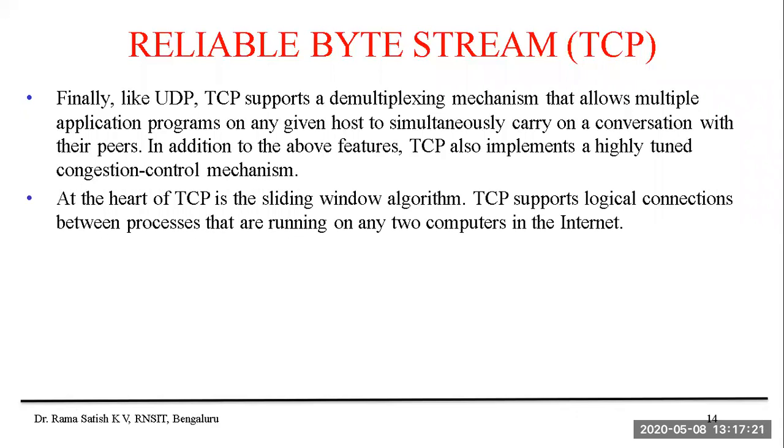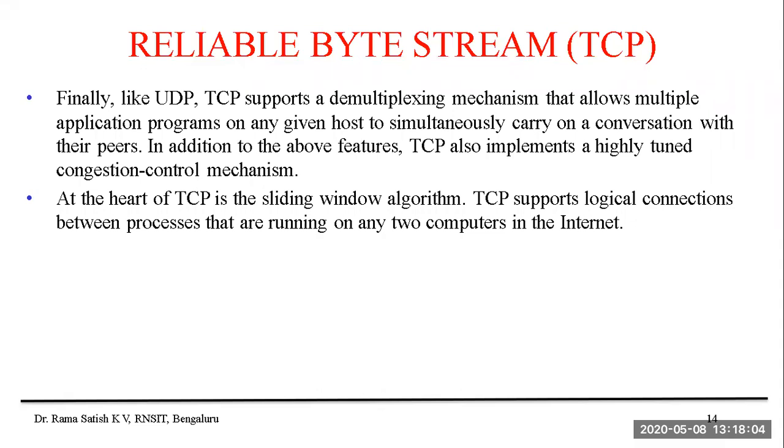And remember, TCP is connection-oriented and reliable. UDP is multiplexed, and it is unreliable. Unreliable means that there is no need for acknowledgement at all. At the heart of TCP is a sliding window algorithm. We have already discussed the sliding window algorithm. TCP works based on the sliding window algorithm, to track for which packet the acknowledgement has come and for which packet it has not come.